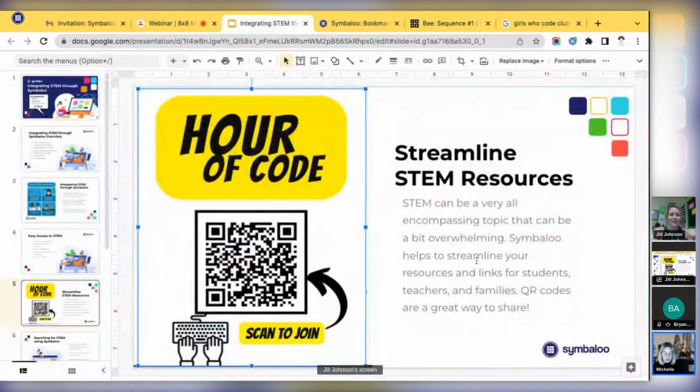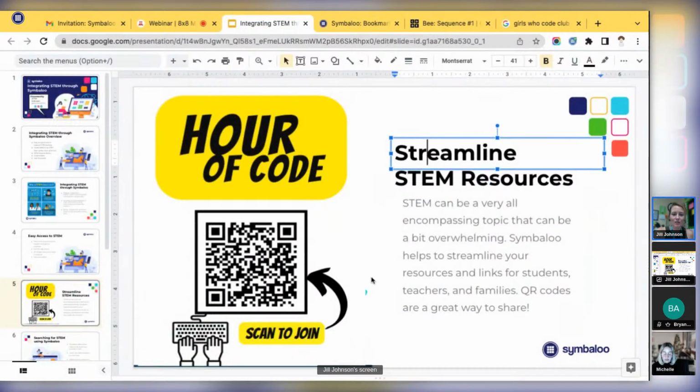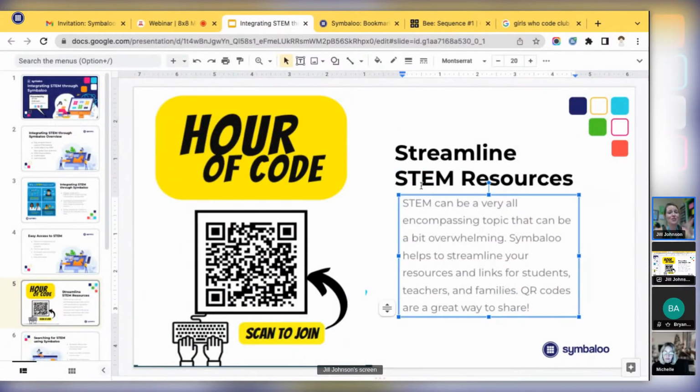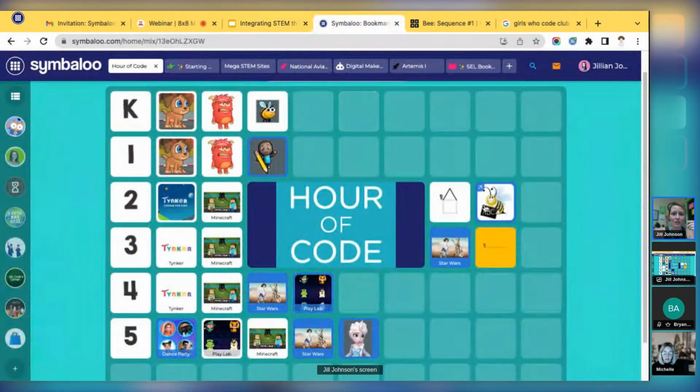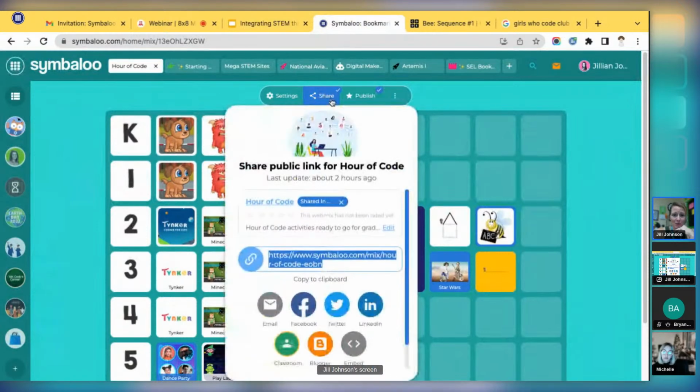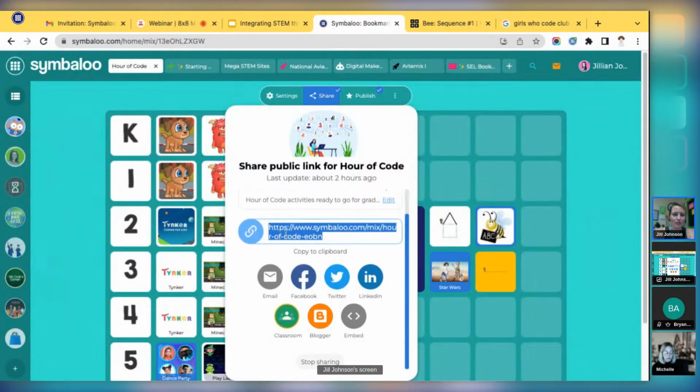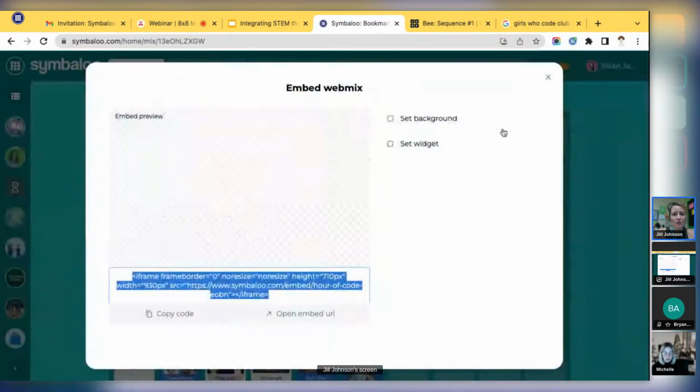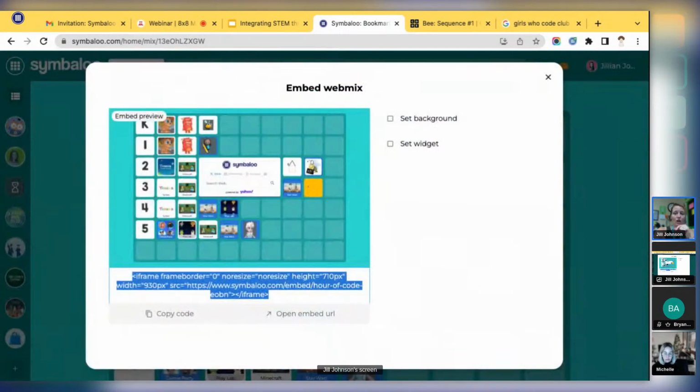Right. So this is just one example of a web mix. Again, they could be shared different ways. If you look here specifically, I have a share button at the top of my web mix. So I could copy and share the link this way. Again, I could add it to my classroom newsletter. I could print it out on QR codes, things like that. Or if you use Google Classroom, or we use Canvas for a learning management system, LMS, it could be embedded right into the Canvas page with the HTML code,